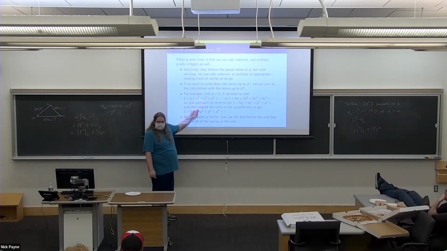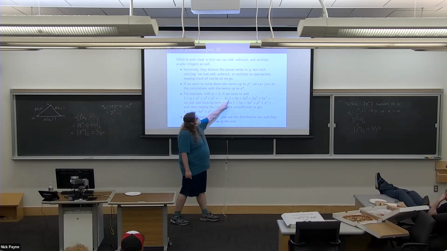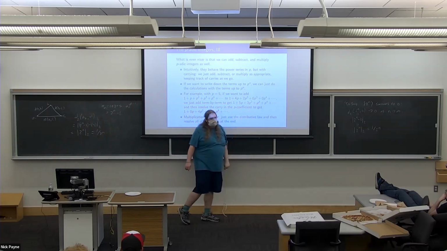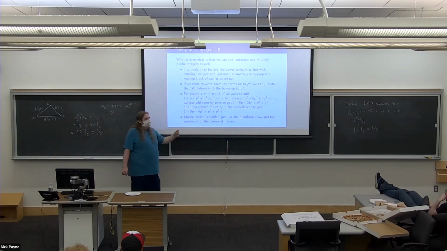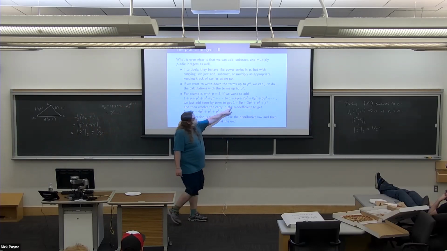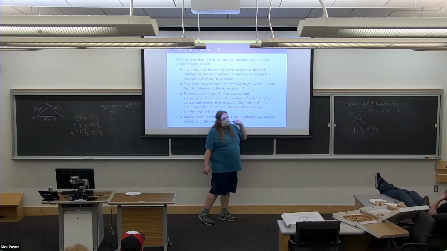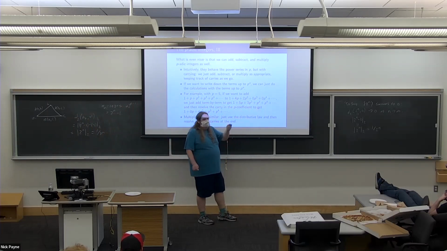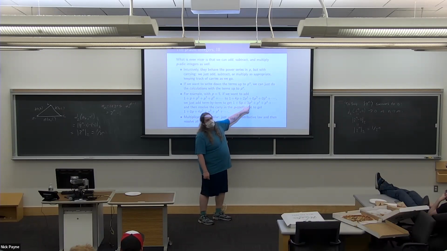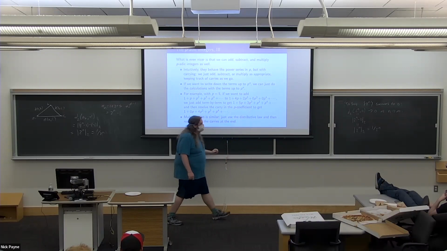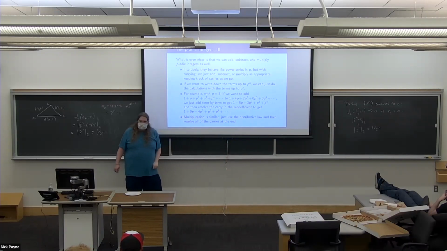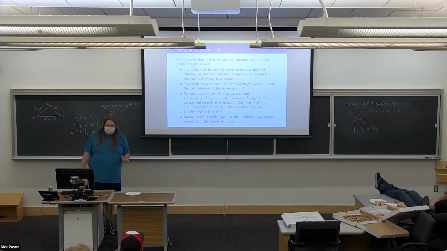You have carrying too. So if you want to add 1 plus P squared plus P cubed plus P to the fourth, and add that to 1 plus 4P plus 2P squared plus 0P cubed plus 0P to the fourth, and P is equal to 5, just add the terms coefficient by coefficient. Then I would get 1 plus 5P plus P squared plus P cubed plus P to the fourth. But since this is base 5, I'm not allowed to have digits of 5. If I have 5 in the 5's place, I turn it into a 25, so I just carry that over. So it's like power series, but with carry. That's the idea.